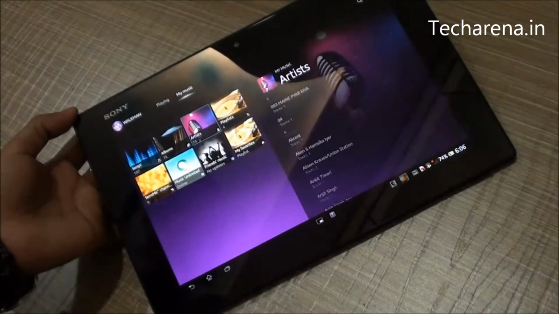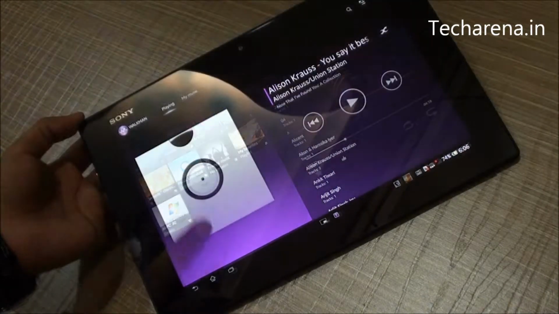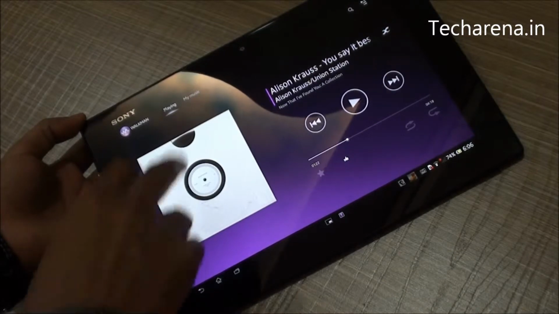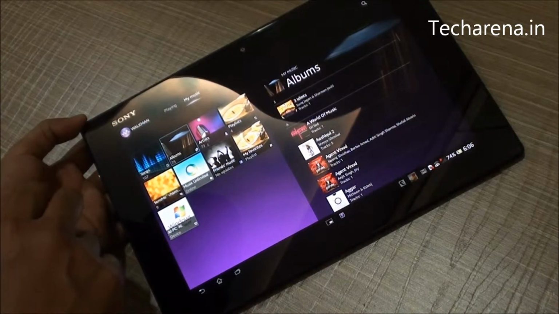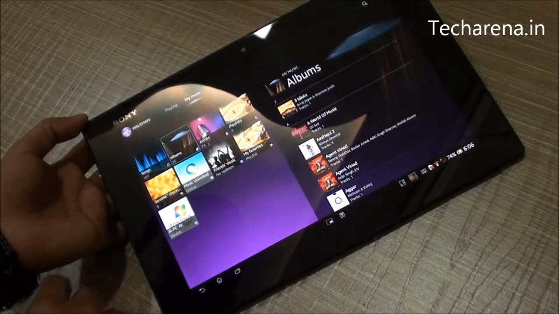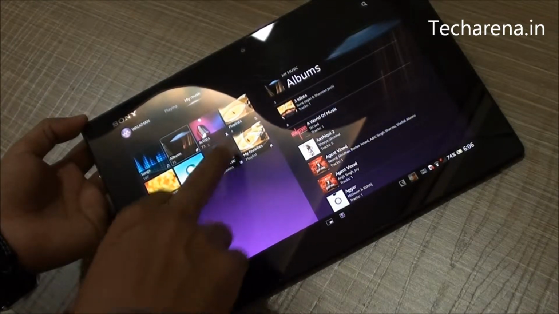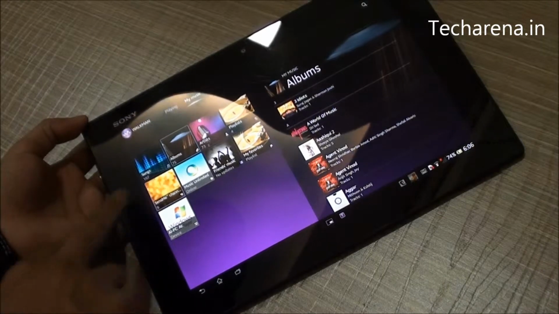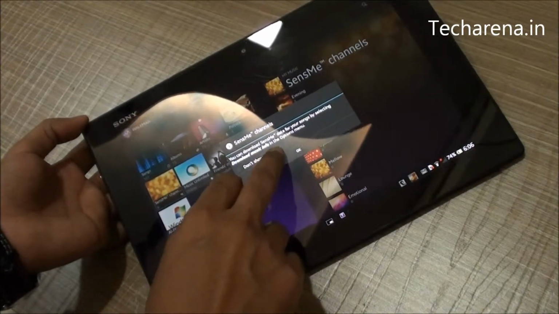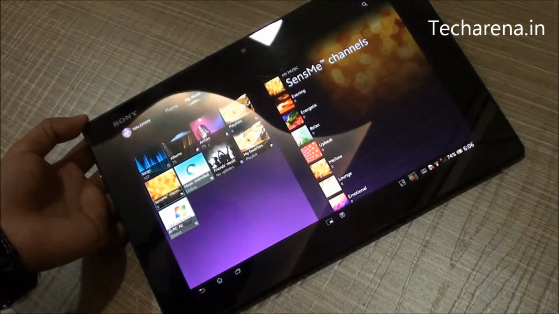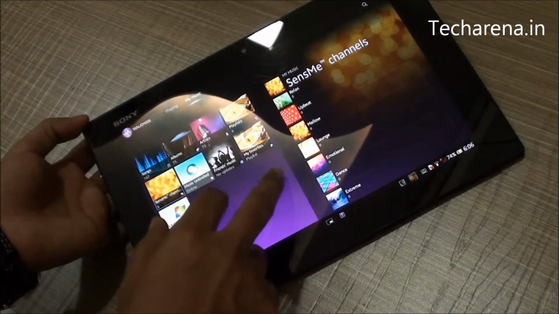Also, when you tap on My Music section, you can see additional things. The application is not only capable of playing music, but when you go in My Music section, you can see it also displays the images here. These are all album art. You have a different option available here, like SenseMe channel. Now this SenseMe channel is a Sony service that gives you some set of free options, like these are like visualization.